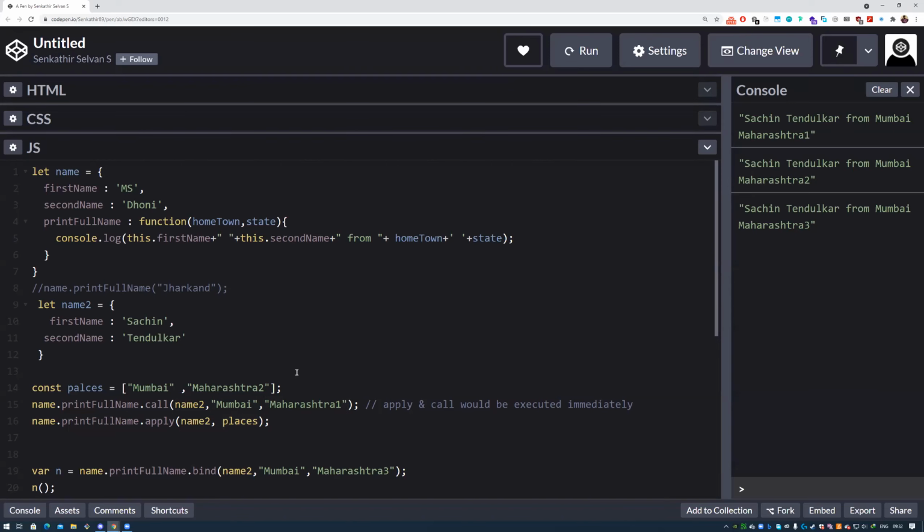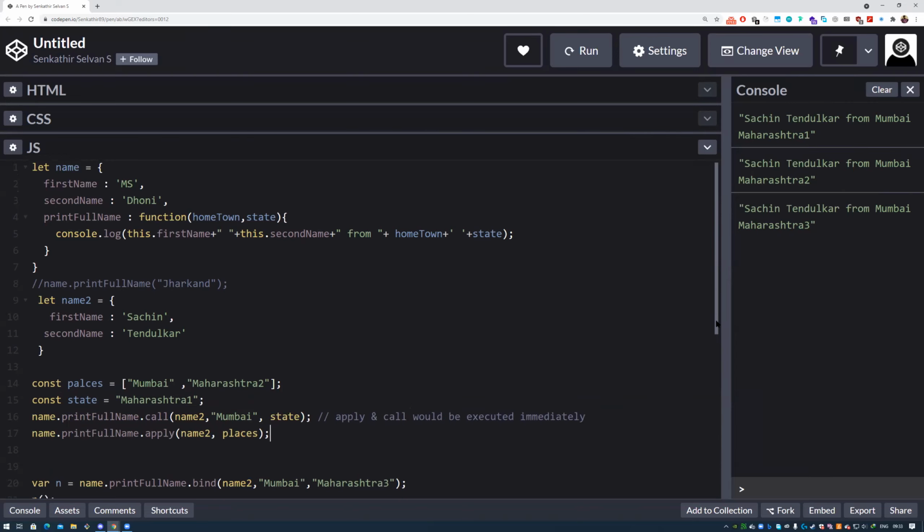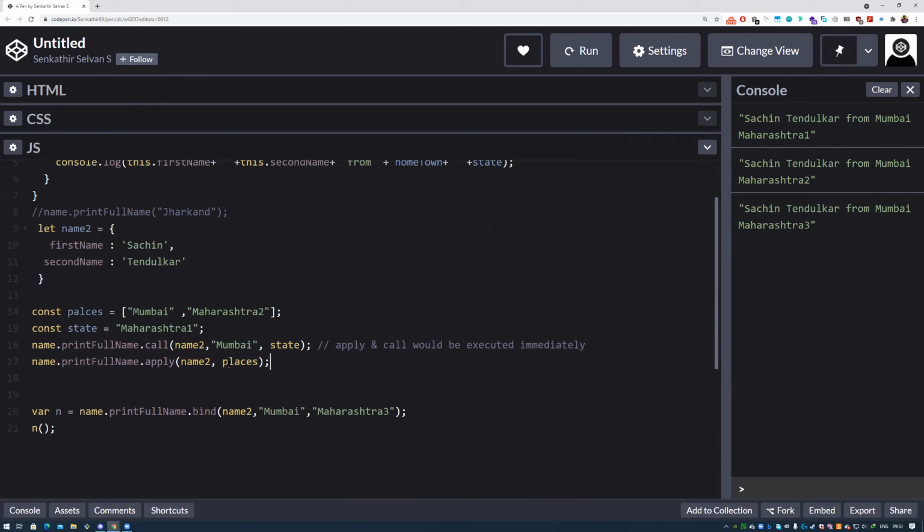For example, const state, and I give state here. If it is like this, you go for call, and if all the arguments are already in an array, then you can go for apply. That is the use case for these.